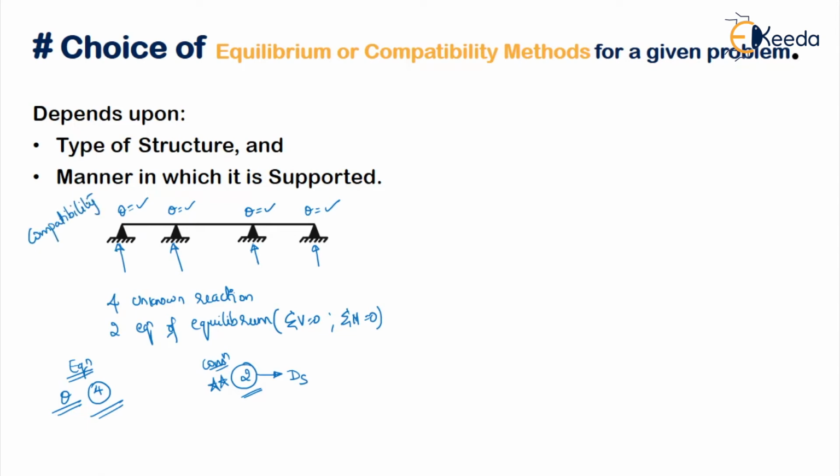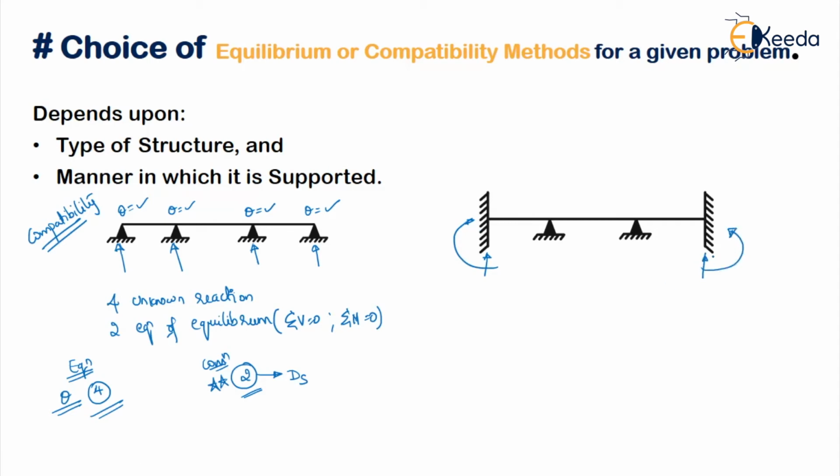Now if we take up another example, see, it is the same problem but the ends are fixed here. In this case also the horizontal load is not there, so the horizontal reaction will be 0. But how many unknowns are there here? Here we have one vertical unknown and one moment. Similarly, in this fixed support also one vertical and one moment, whereas in a hinge you will have vertical reactions. So totally 6 unknown reactions will be there here.